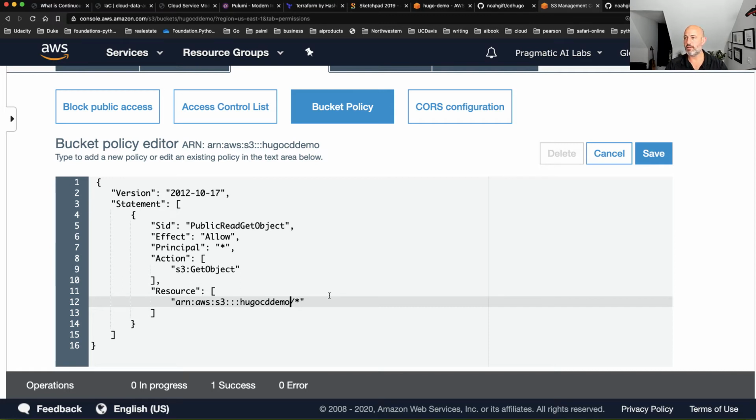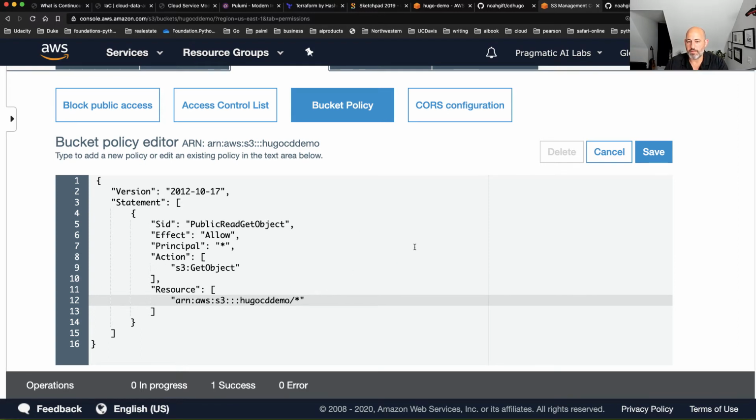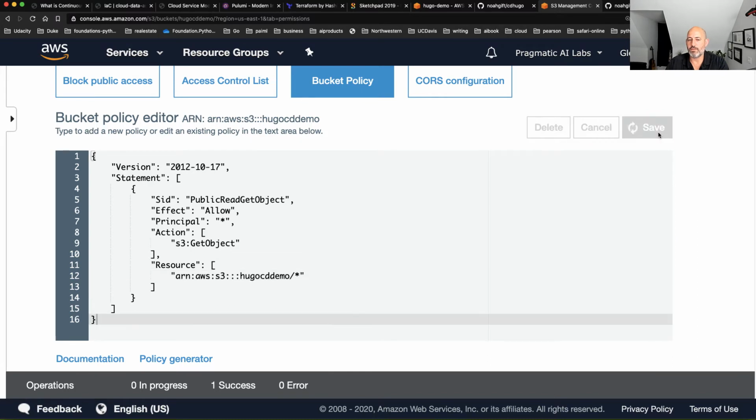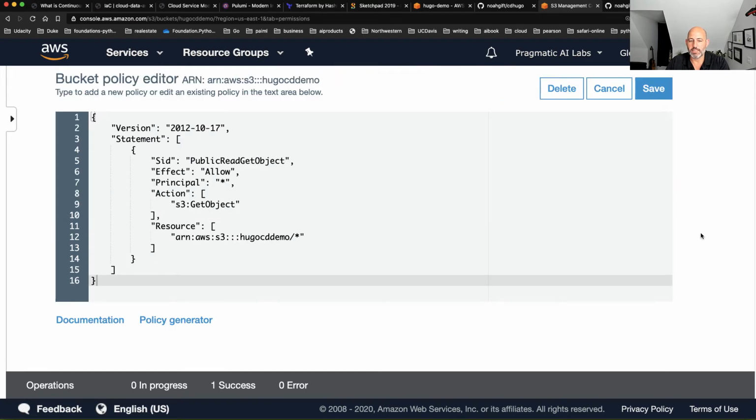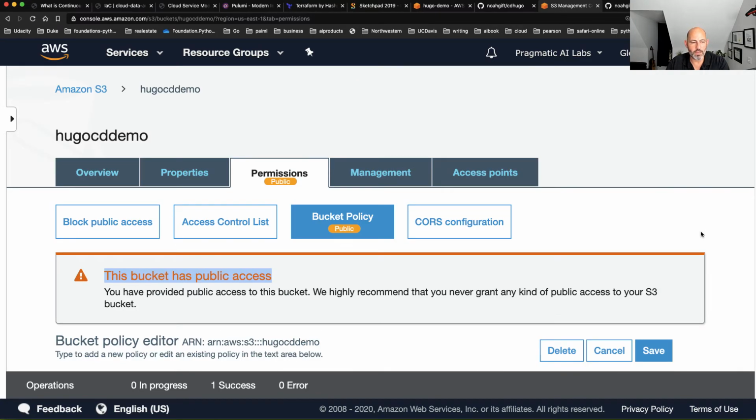And this S3 system has 11 nines reliability that I'm storing this in. So it essentially almost never, like a millisecond a year, goes down. So this is probably the most reliable possible way to serve out a website. Say this bucket has public access. Great. That's exactly what I want to do. So I think we're ready to go now. And when it's done, I can now manually deploy this software.